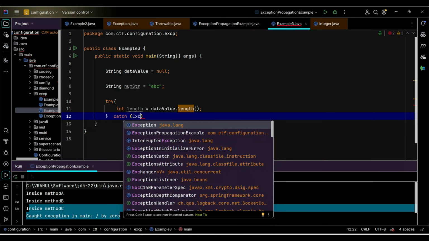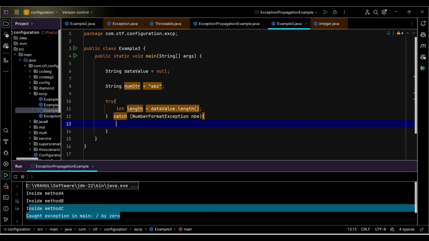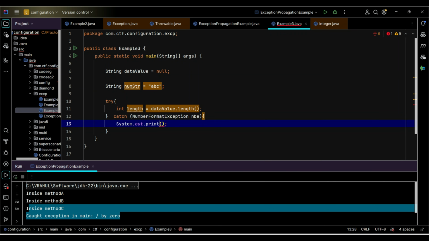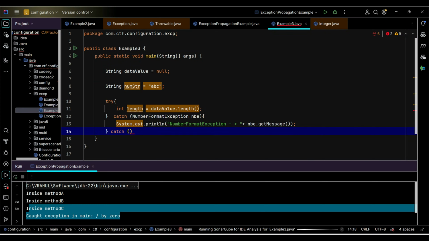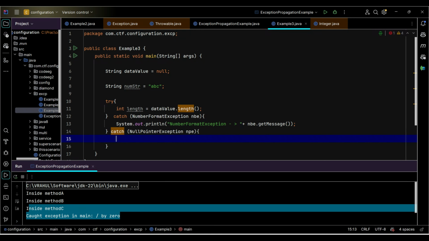Now I'm trying to handle this particular NullPointerException or a NumberFormatException. First I'm going to write the NumberFormatException, then I'm going to write the NullPointerException over here to handle the null pointer as well, because this is going to throw a NullPointerException. Now if you look at this, I'm writing a catch block with the NullPointerException. Now I'm going to write another catch block over here which is going to handle the exception. Now this is the way you write multiple catch blocks, so that, let's say,